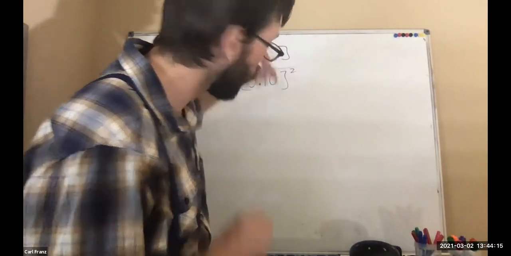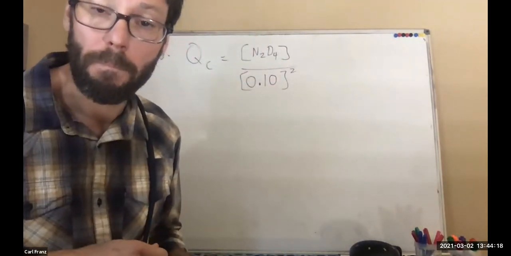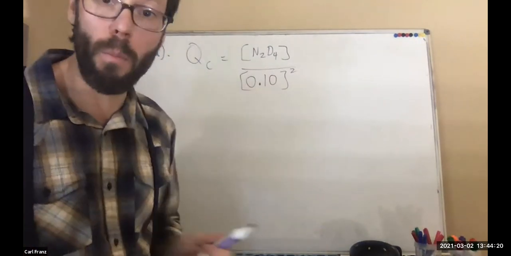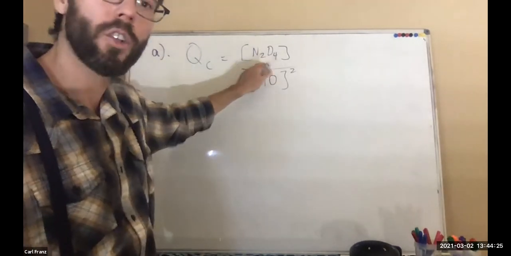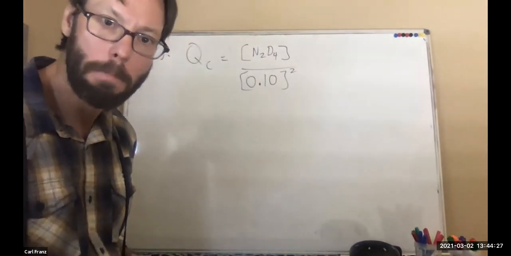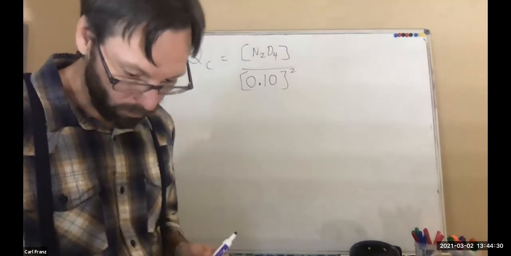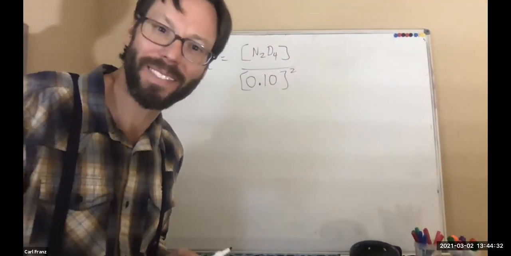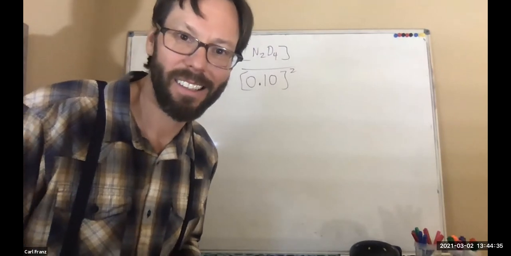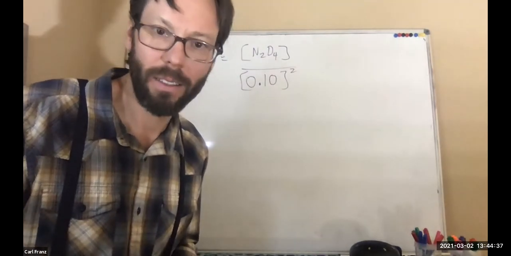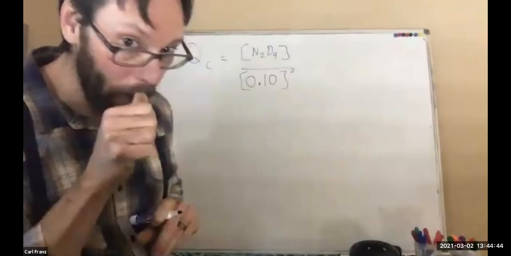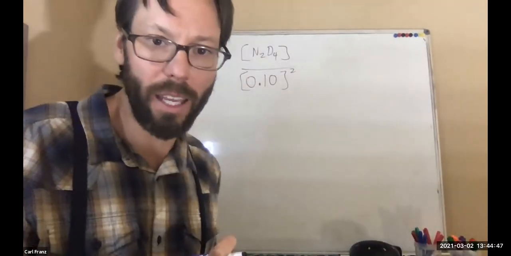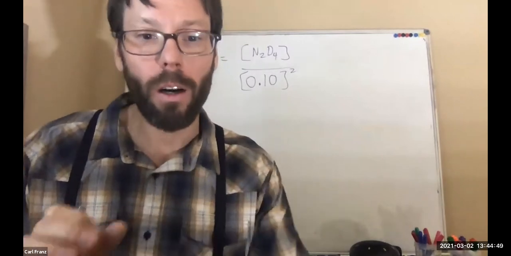0.10, right? Because they said 0.10 moles in 1 liter. So we said the molarity is 0.10. What's the concentration of dinitrogen tetroxide? Anyone? It says 0.042. No, that's the tricky part, but thank you for volunteering. It says before